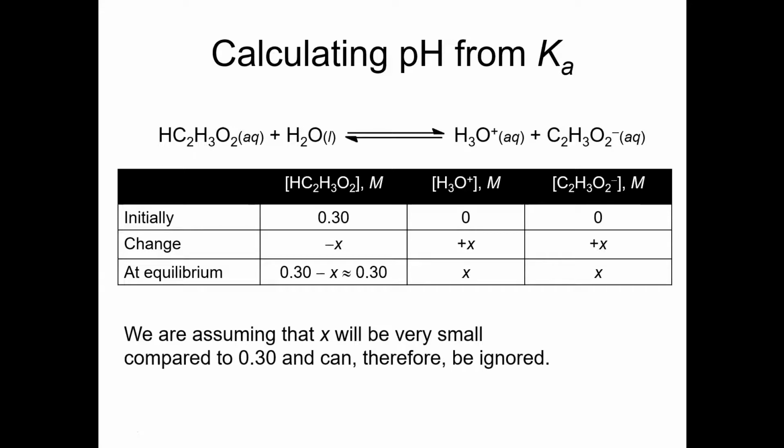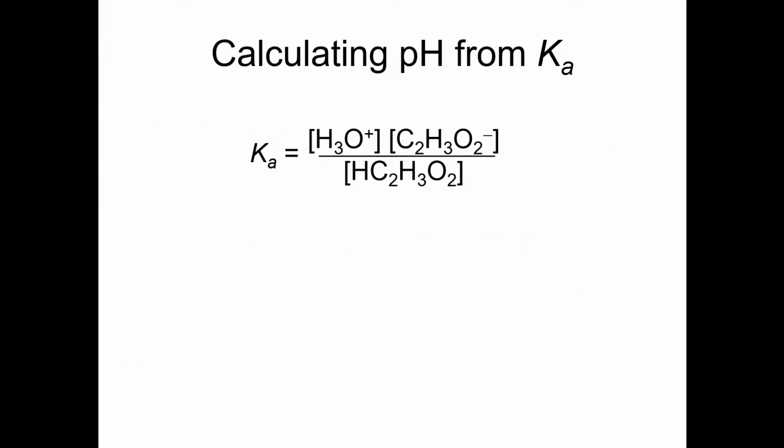So we're going to assume that X is very small compared to 0.3, and therefore we can ignore it and approximate that 0.3 minus X is equal to 0.3. But once again, we have this Ka expression for this specific reaction, and I'm going to plug in the values from the previous slide. Ka, if you'll recall, was 1.8 times 10 to the minus 5. Both hydronium and acetate were X, so I simply plug in X for each of those,